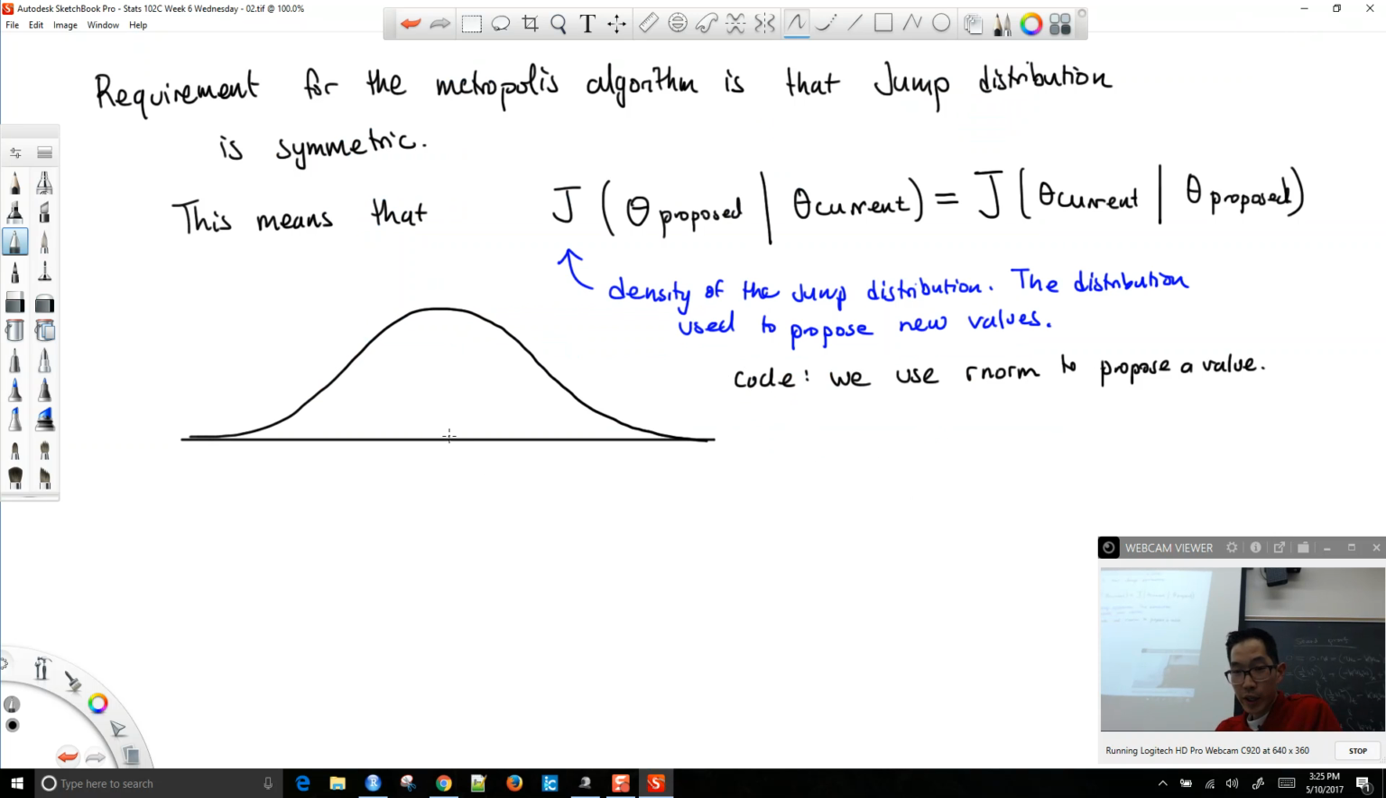So what we have here is, if this is theta current, and over here this is theta proposed, we can ask what is the density of getting theta proposed? And we can also say, well, let's say